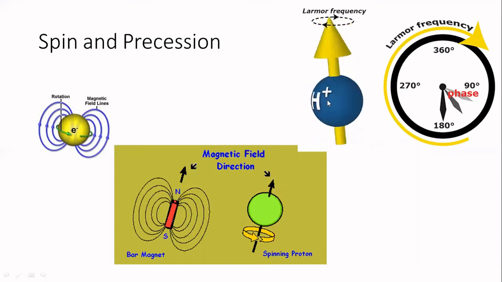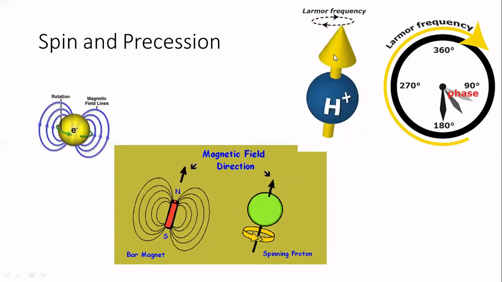And here again, we can see this proton is not only spinning or rotating, it is also showing a wobbling sort of movement, a pendular movement, right? In another circular fashion. So this is what is called precession. And the frequency at which the proton precesses is called the Larmor frequency, or precessional frequency, also called resonant frequency.